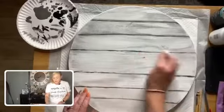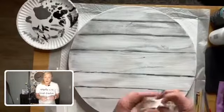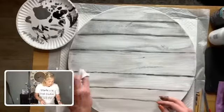So again, I don't mean to get my head in there if I am. But I like this camera too. I hope you guys like it too. I should have used it when we did the